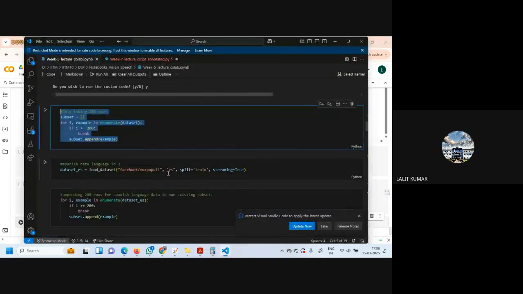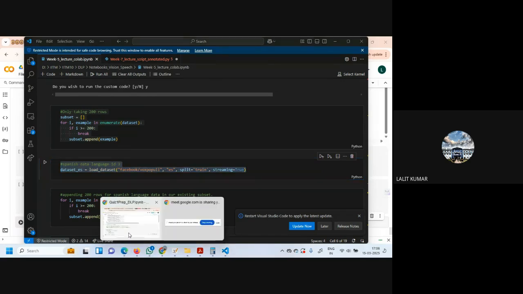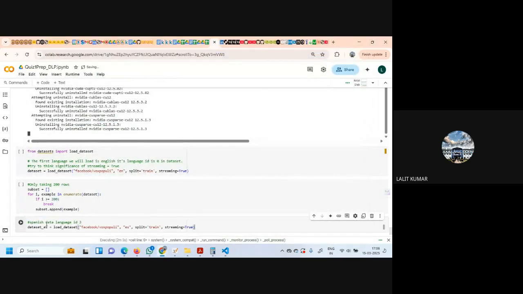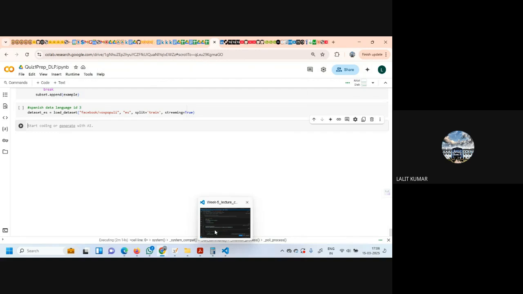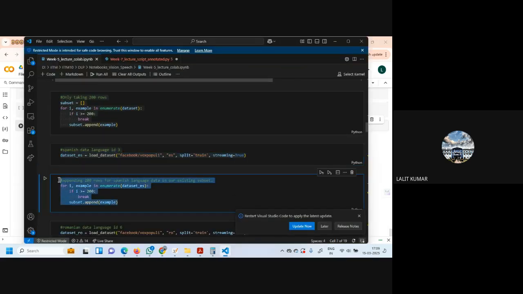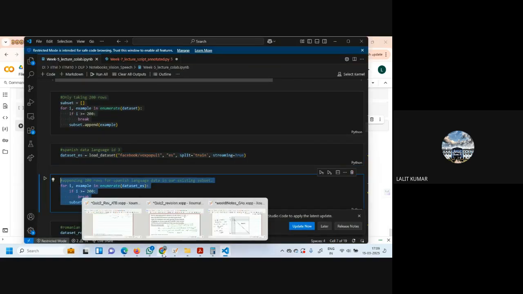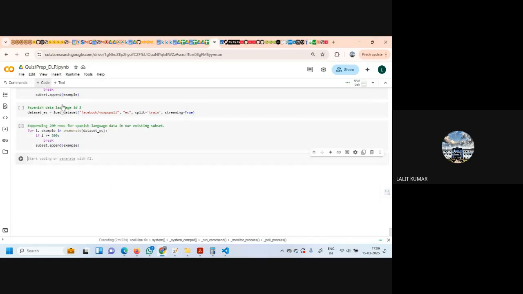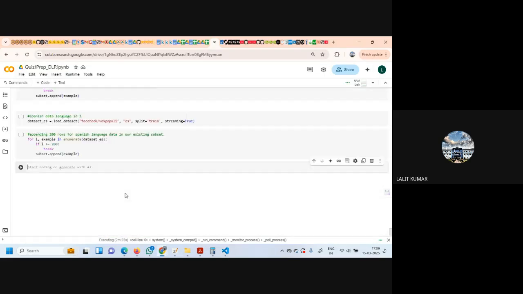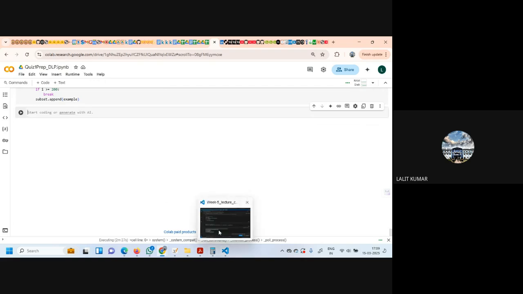Then we come to the next one. Then for the same steps, he did it for the other language. And on the same concept, we had the GA also, na? Where we did Tamil and all that. So I'm just copying it here, and then we'll run one by one.